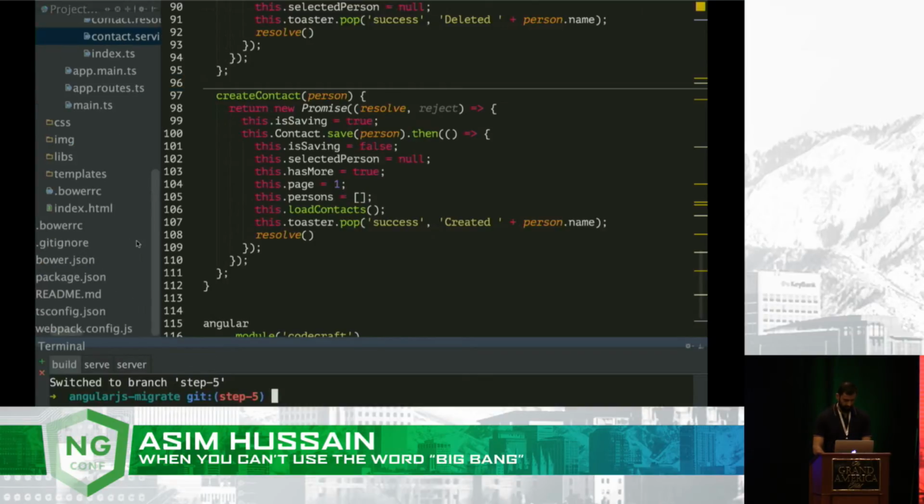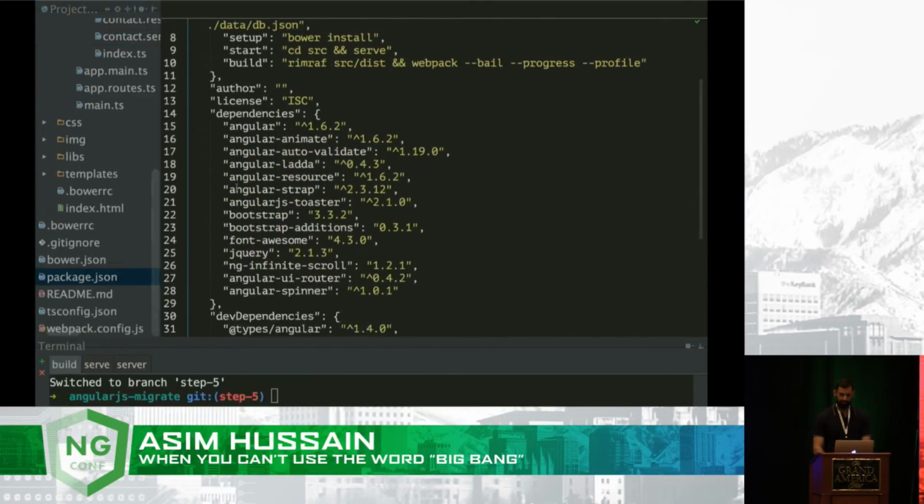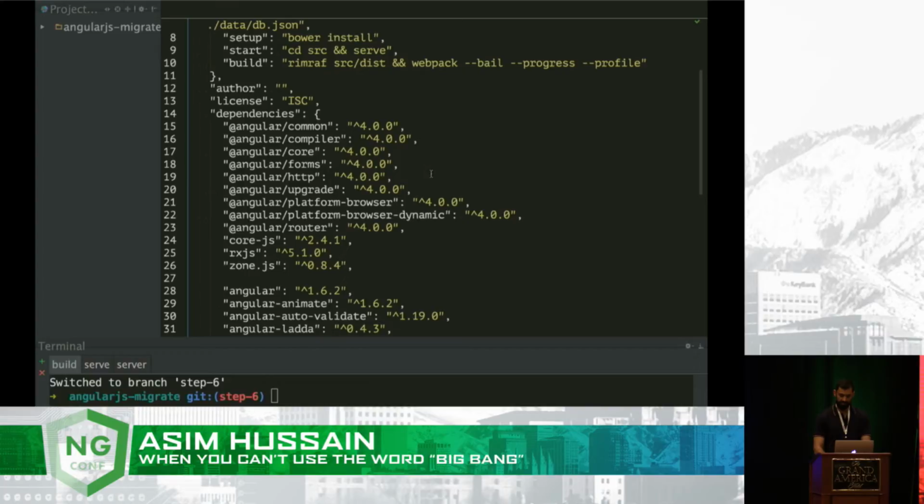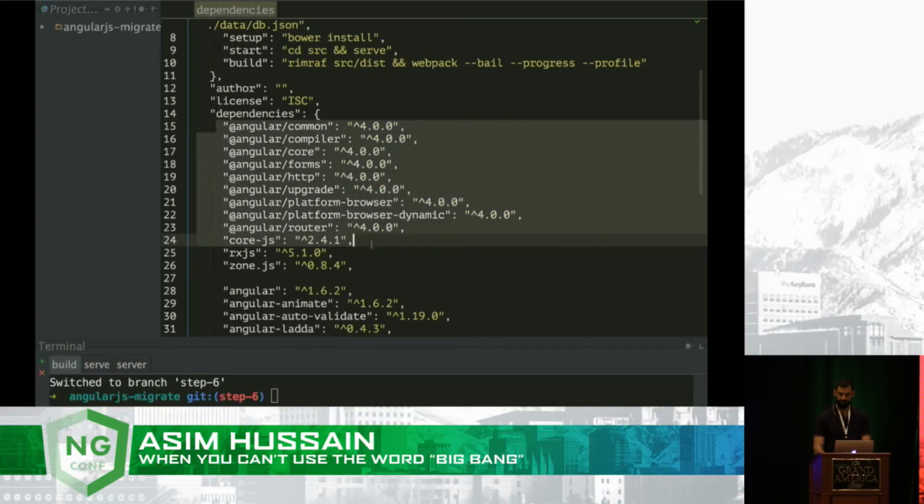Just to show you at the bottom here, if I go to the package.json, this is before adding in Angular 4. All I'm going to do, step 6, is, as you see here, I've just added in Angular 4. I've literally just included it in the packages, all right? Another thing I've done,